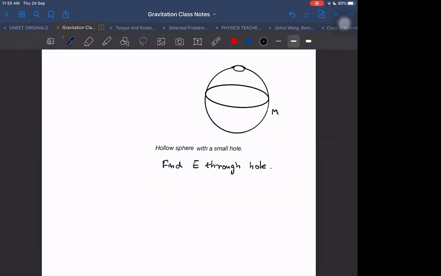Why will it? Why will exactly the opposite act? Who will stop this from pulling to this side? How can this field not be existing? This will also have some field or not? This point mass here will have some field on this side. Now this part will also have a vertical and a horizontal component. The horizontal will get cancelled out by this part, sir, but the vertical will remain uncancelled. Yes, sir.